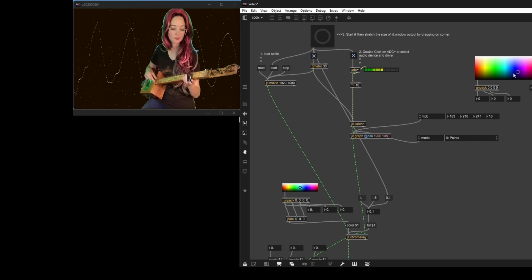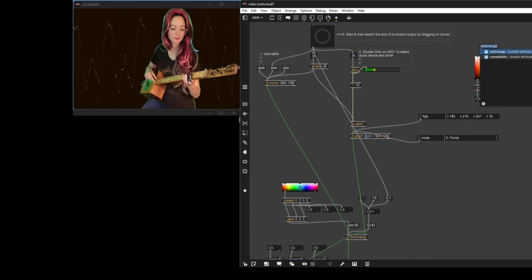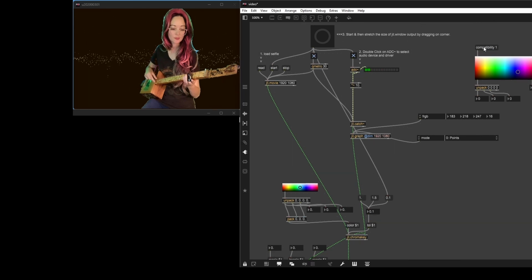So after doing a little bit of research, I found out that if we send swatch a command that says compatibility 1, it will give us numbers between 0 and 255. So let's do that. How do we send swatch a command? Well, we bring in a message object. Let's type in compatibility 1, connect it to the first input of swatch. I'm locking the patch now. When I click on compatibility and move my color picker around,